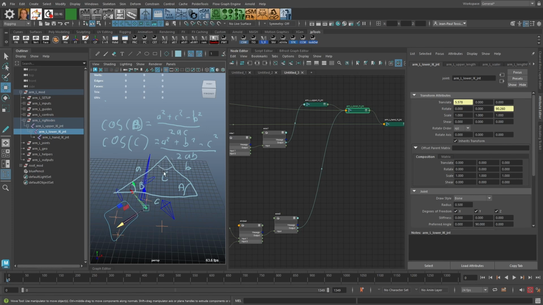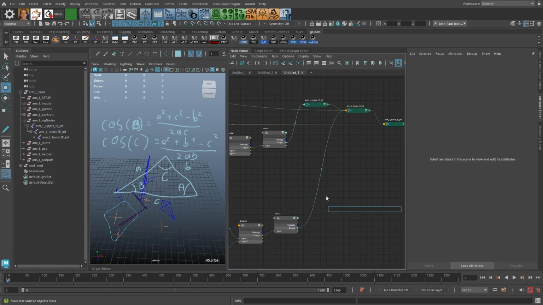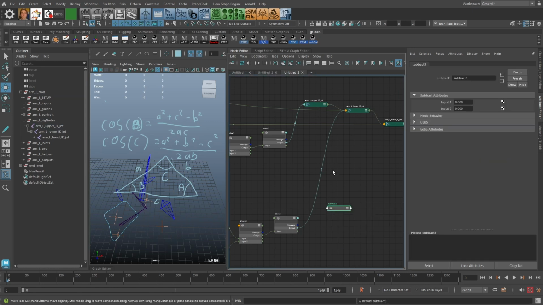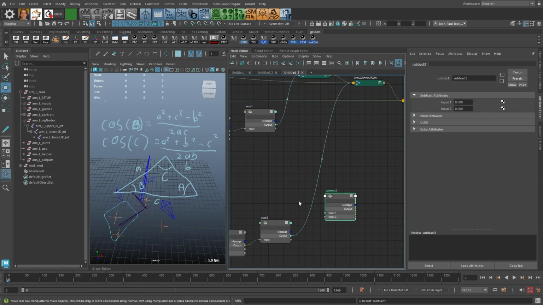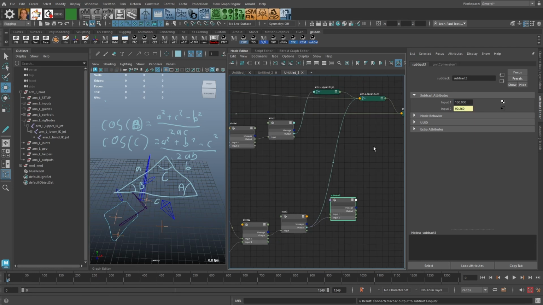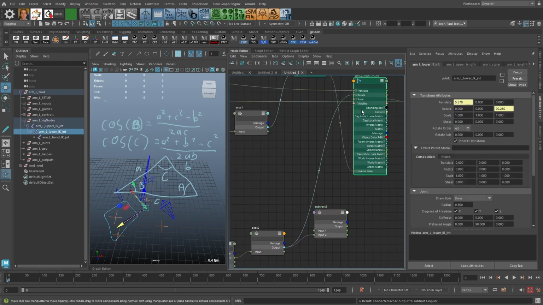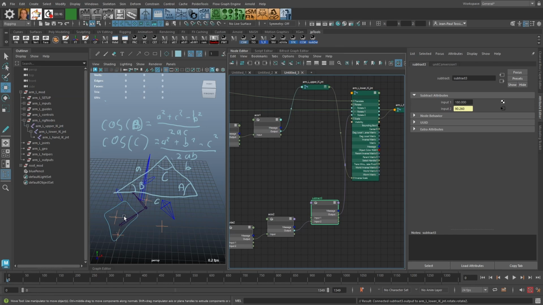But in the triangle logic, then C would be 0. So subtracting the angle from 180 will give us the correct angle. So if we do subtract, and then we set this to 180, and then we plug in the angle, and then we use this to drive the rotate z. We still get the wrong direction, and this is because we have to negate the angle